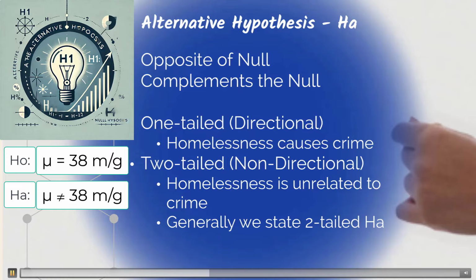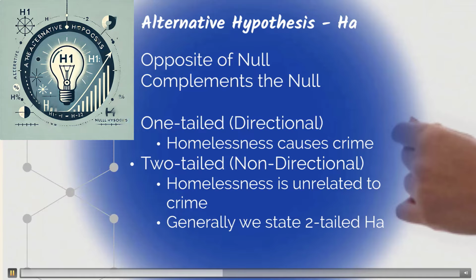However, sometimes alternative hypotheses can be stated as directional or one-tailed. In this example, we can state that the mean is less than 38 miles per gallon. However, this does not capture the universe of possibilities where the mean miles per gallon would be greater than 38. It is advisable, however, that most of the time you should state two-tailed hypotheses. There could be a complete semester needed to explain only hypotheses.